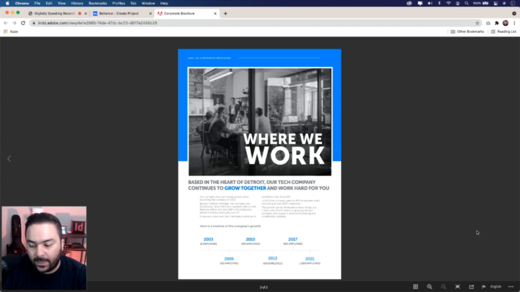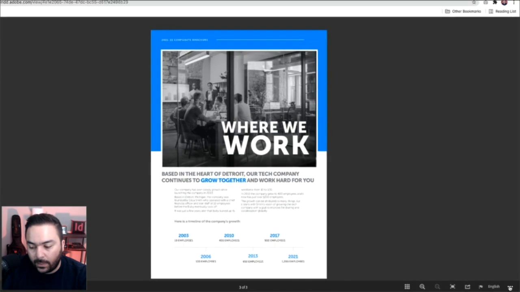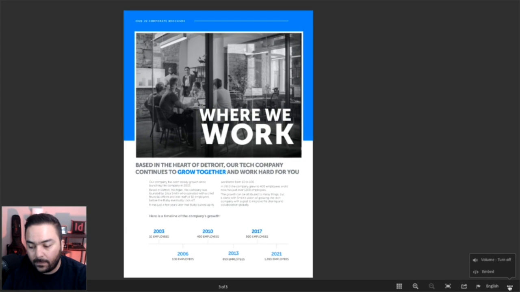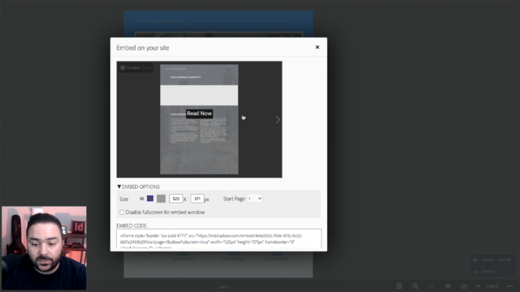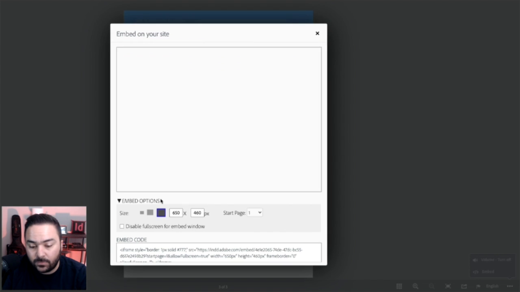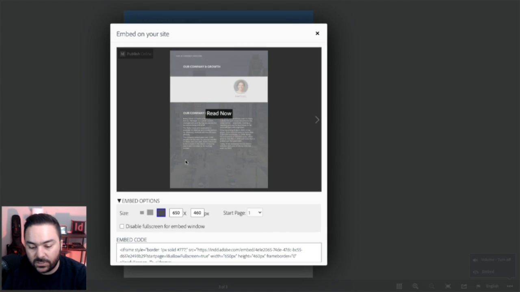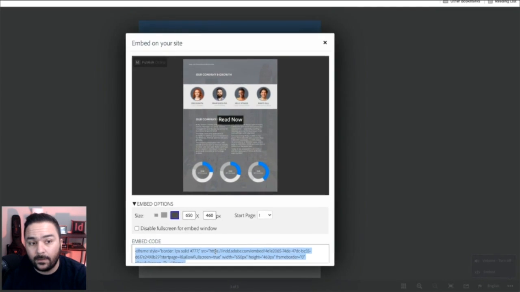One cool thing about this as another option for you is if I wanted to get this onto a website, you can do that by going in the bottom right-hand corner and clicking these 3 dots and then selecting Embed. That's going to bring up this Embed on your site window. You can choose the size you want it to be displayed on. So I'll choose the large size and select the code and copy it. So just Command or Control C.